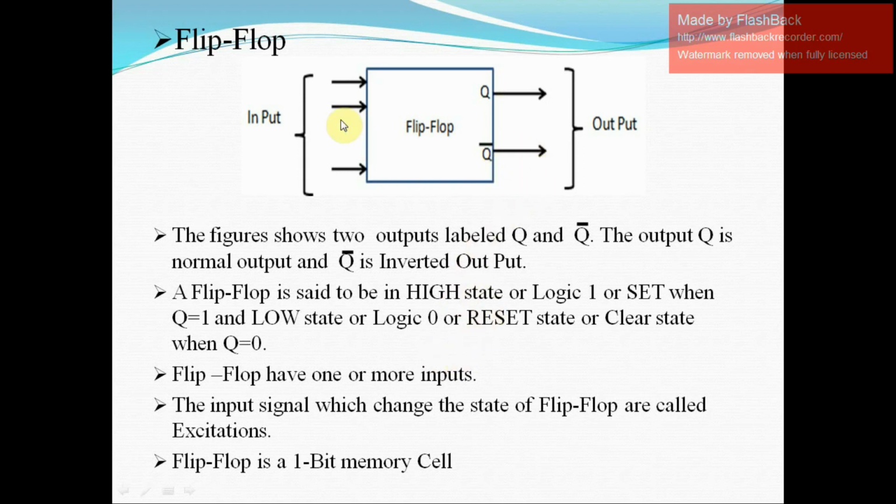The flip-flop has one or more inputs. It depends upon which flip-flop we are going to implement. For example, the T flip-flop has one input T and another is a clock. For the D flip-flop, one input is D and another input is a clock. And for the JK flip-flop, we need feedback as well as the two inputs J and K as well as one clock. We'll see details about the flip-flops in upcoming videos.